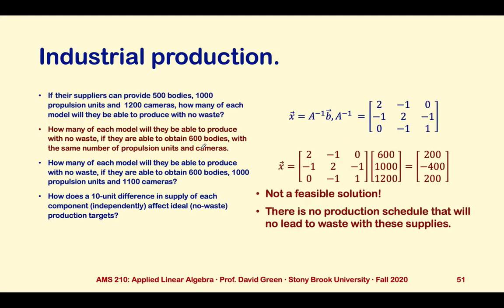So how would we look at this effect? We could plug in that result. The only thing we change compared to the last problem was changing this first entry to a 600. If we do this, this first row now becomes 1,200 minus 1,000, 200. Great. But look at what happens in the next rows. The second row becomes negative 600 plus,